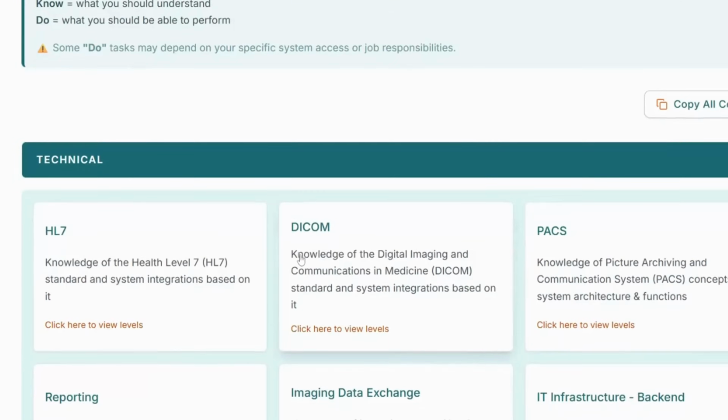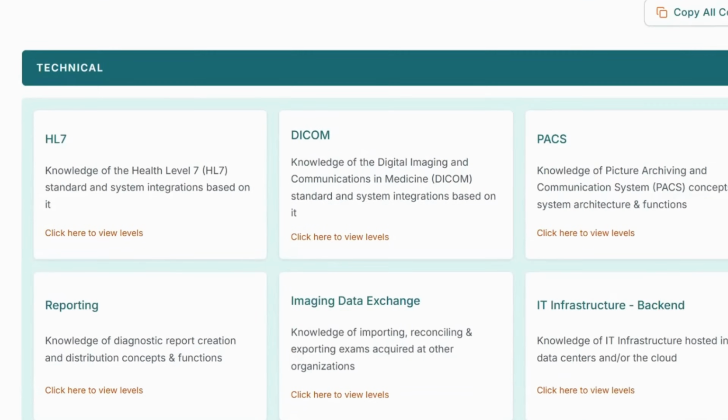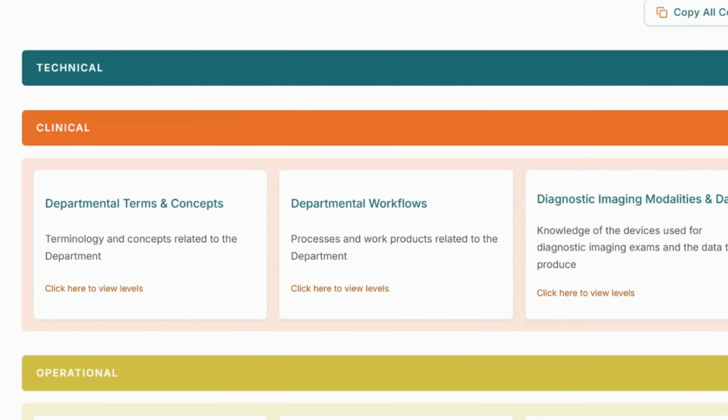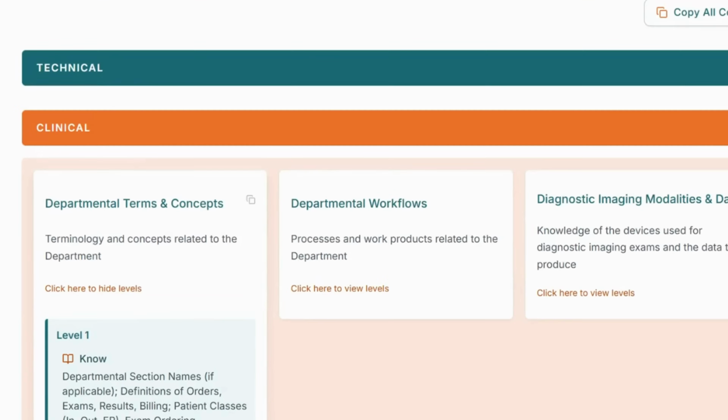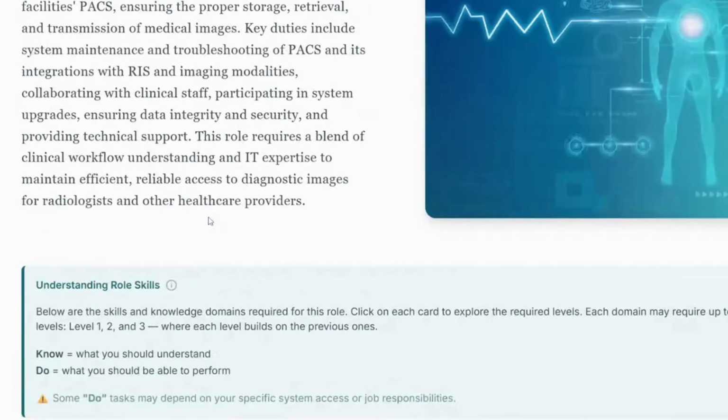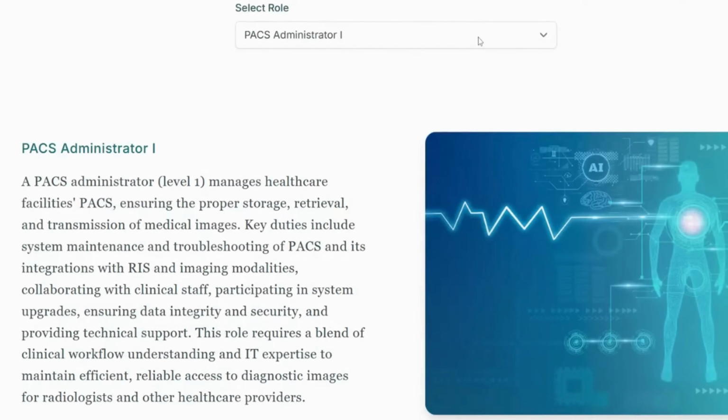So as you can see here, we've got a number of different domains. I could collapse these if I want to basically focus on one. So for example, if I'm just having a conversation about clinical, I can just focus on these here and hide those there. So again, this is really the different roles that you may be asked or you might be interested in. It ranges everything from clinical engineering to IT infrastructure, radiology, radiologists, and others.